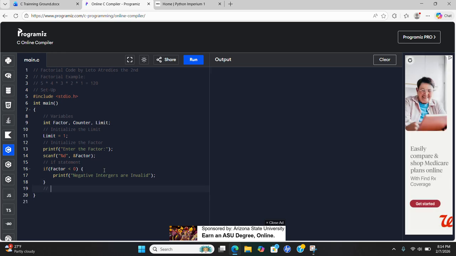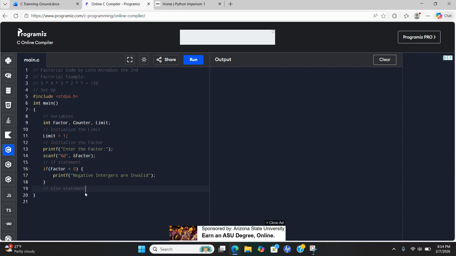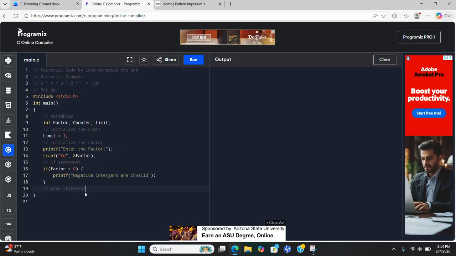So now I'm going to use the else statement. The else statement is used whenever the if statement is not true. So suppose I put 1 or 10 or positive infinity for the factor, then this if statement condition is not met. So we use the else statement. The else statement always comes after the if statement and is only used whenever the if statement condition is not met. So let's see that. Else